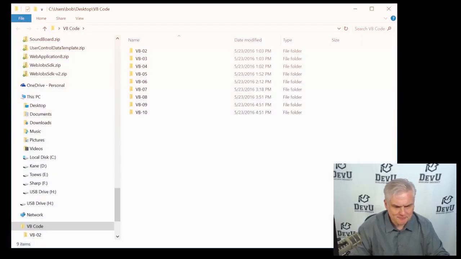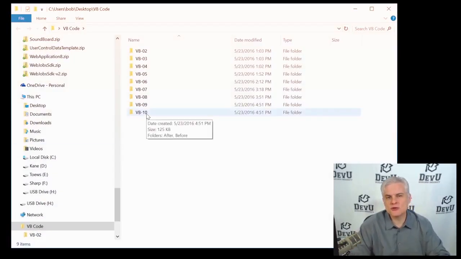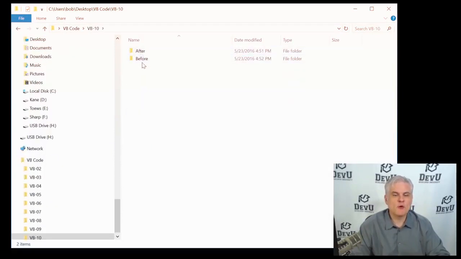So again, it's one of the most important building blocks as we're getting started here for building good larger applications. Okay, so this is one of the times where I'm going to ask you to make sure you download the code associated with this lesson. Here I have a before and after folder for this particular lesson, and I want you to grab the contents of the before folder,